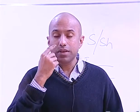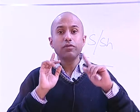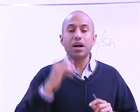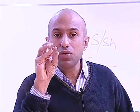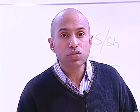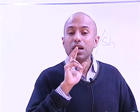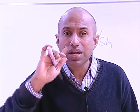Of course, the shape of the lips also changes to produce S or Sh. Yes, for the S, the lips are going towards the side, and the sides of the tongue are touching to produce S, and Sh is a rounder sound. The lips are coming forward to say Sh. Yes, Sh. And how is the Sh sound being produced? The tip or the blade of the tongue articulates to the back area of the alveolar ridge, the inside to